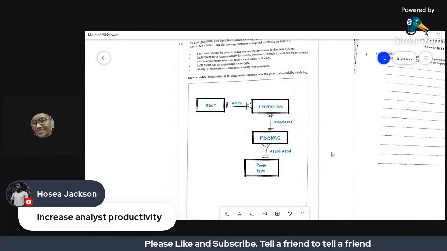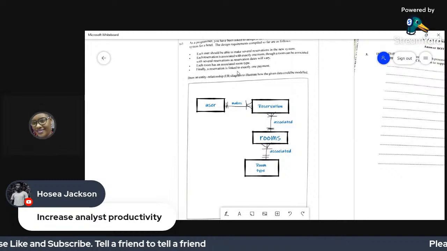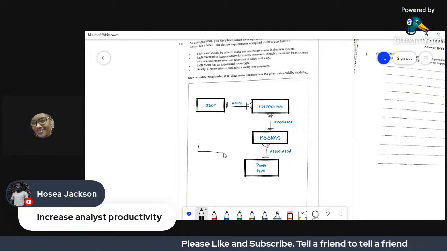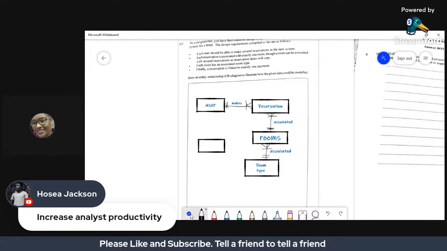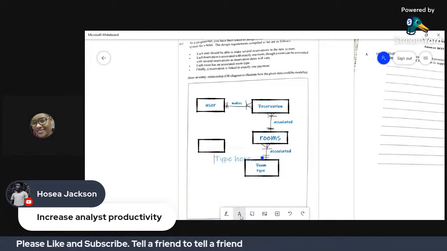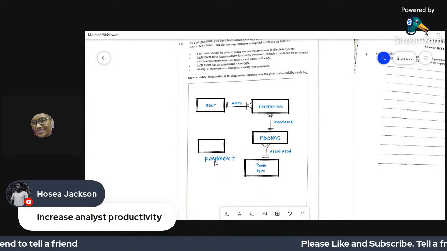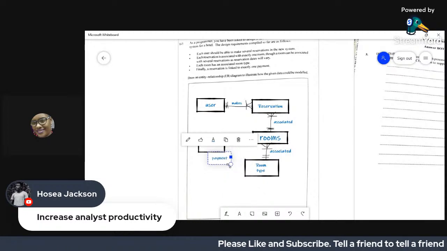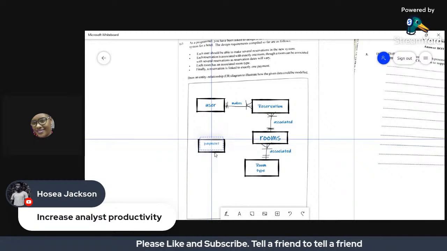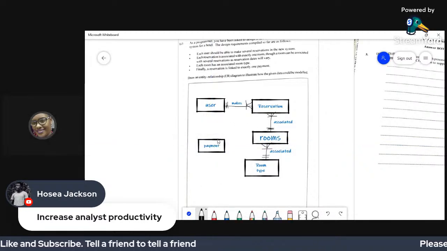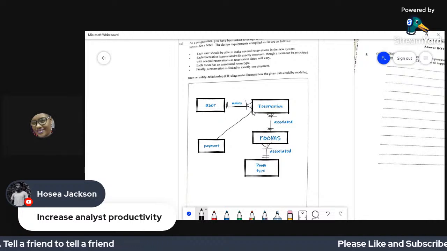All right. The next part now says, finally, a reservation is linked to exactly one payment. So we're drawing now a rectangle, and this rectangle is for payment. Now we need a link between reservation and payment.